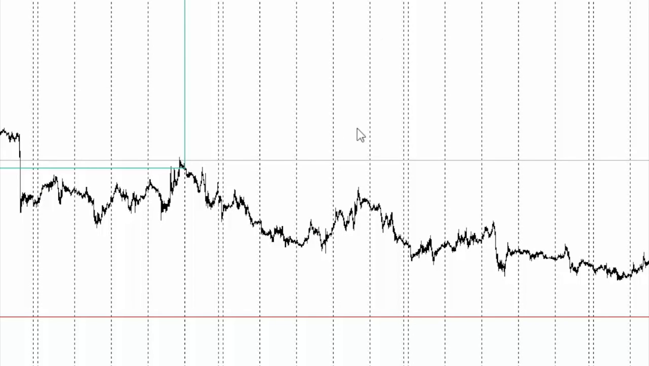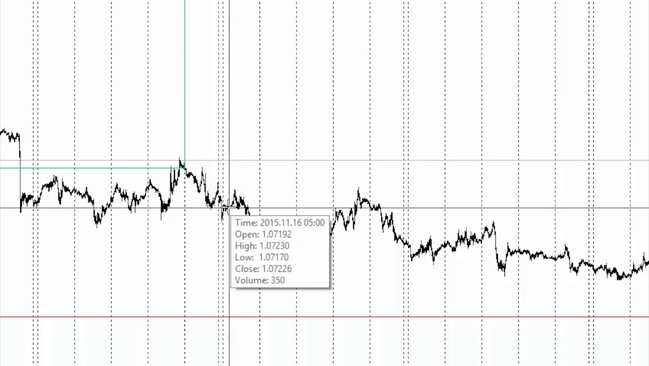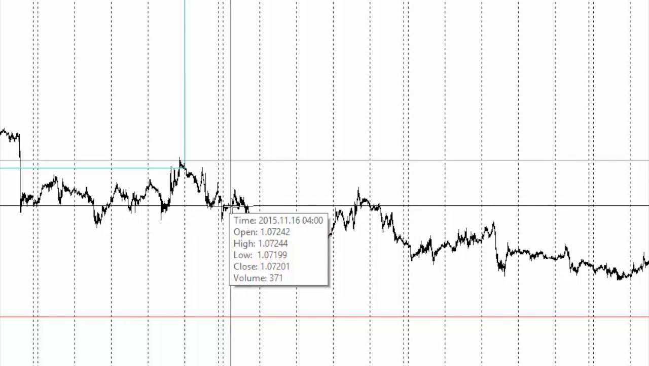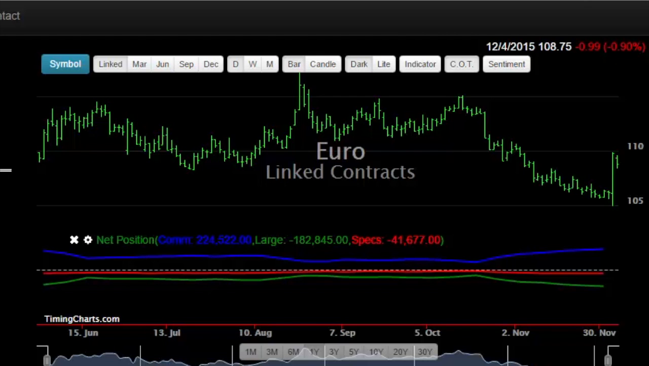Okay, so you see here the chart of euro versus American dollar, and as I have said, the COT report is not published in real time, so we have a one-week delay. It is lagging. It is published based on the results of Tuesdays. For example, we see at November 16th,